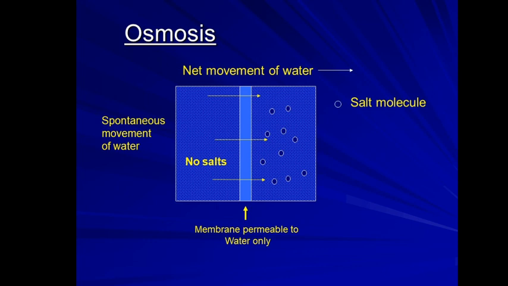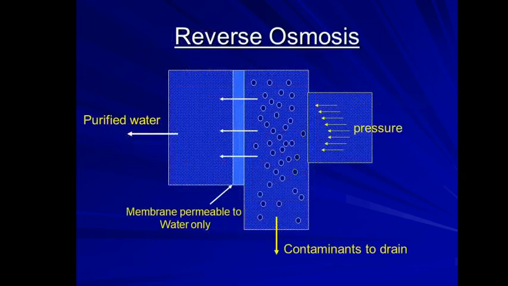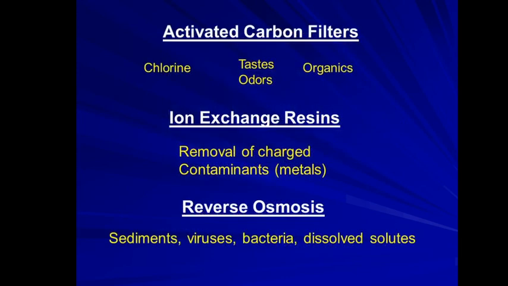Okay. In reverse osmosis, if you have a salt solution and you pressurize that water, you get pure water on one side, and the contaminants, that is different molecules or other salts, are removed on the other side of the membrane. So that is the process of reverse osmosis. If external pressure is applied to the salt solution, then equilibrium is developed, which gives clear water on one side and the salt solution on the other side.